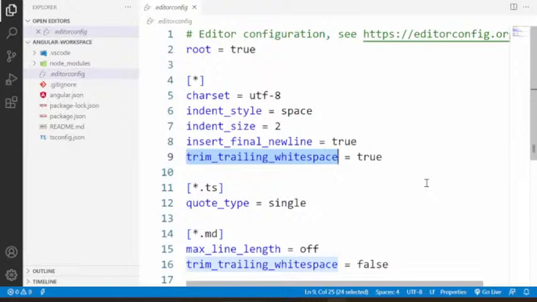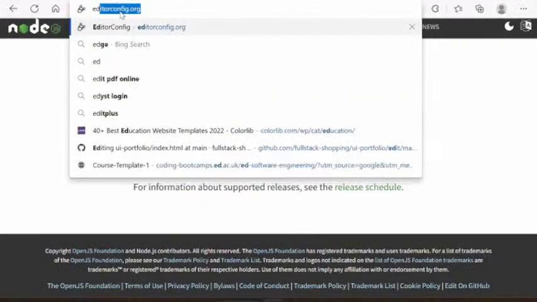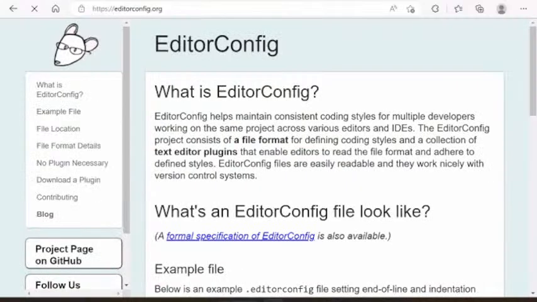These are all the rules here, only a few rules are there. Several more rules you can add. How to see the rules? To see all rules, you can visit this website, editorconfig.org.